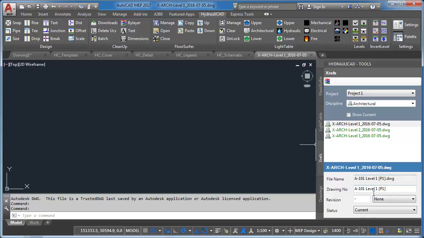What we can also do here is save the QA information down here. We know the original file that we got was the original file name. The drawing number just takes that from the file name, so we need to change that to A101. It's a P1 drawing and it's preliminary. This one here, P1 drawing, preliminary, and this one here, P1 drawing, preliminary. So now we have QA data associated with these X references that we can use throughout the